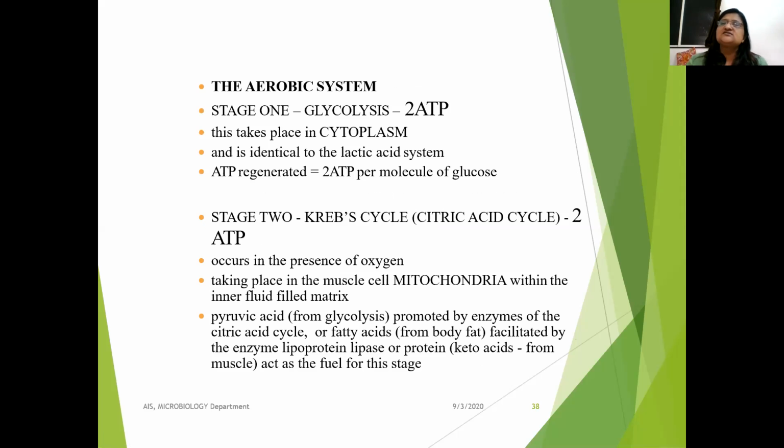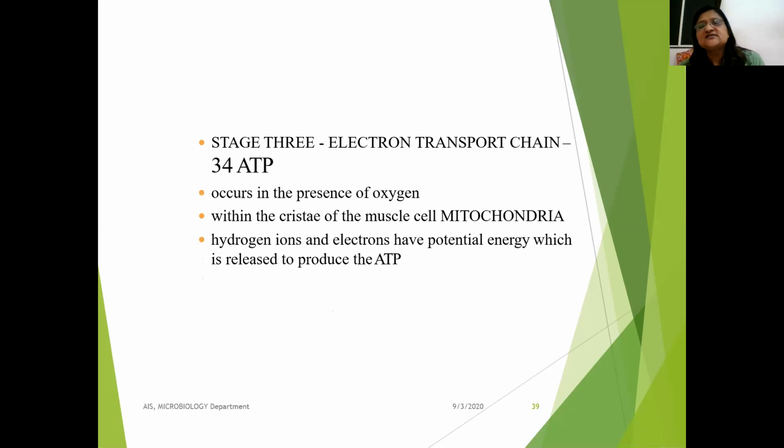There are many different systems available in aerobic biosynthesis reactions or pathways. For example, in glycolysis you will find a net gain of 2 ATP, while in the Krebs cycle, the TCA cycle, 2 ATPs are synthesized. It normally takes place in the mitochondria, within the inner fluid matrix. Another step is the electron transport chain, where 34 ATP are produced in the presence of oxygen.